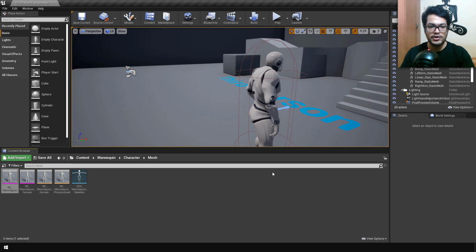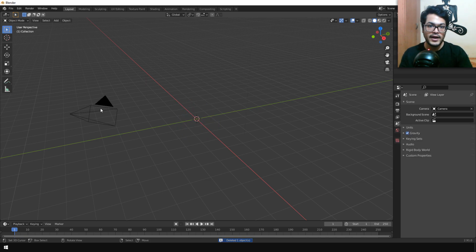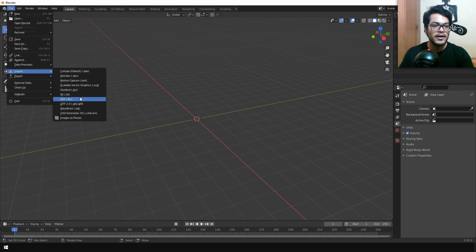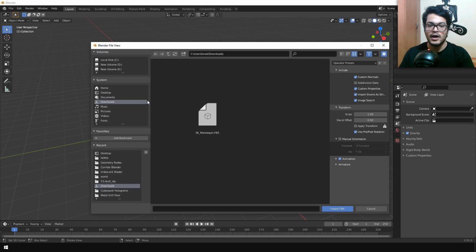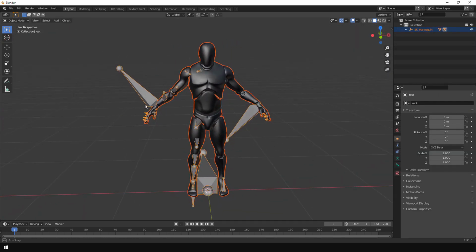Okay, so this is exported successfully. Now it's time to open Blender and import it. Now make sure that you're using Blender version 2.9 and above, because this only works in Blender version 2.9, and import FBX, and we are going to bring in the FBX file in Blender. Leave everything to the default settings and import the FBX model. So here we have the skeletal mesh.